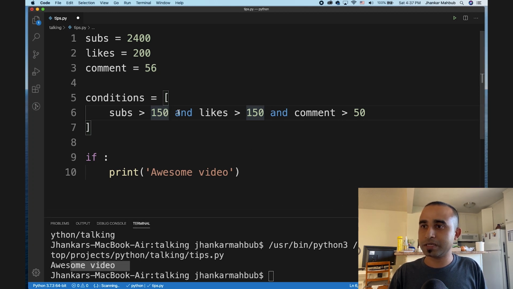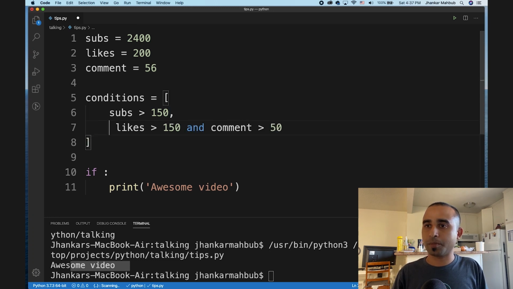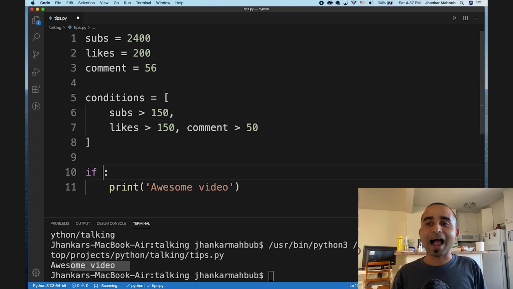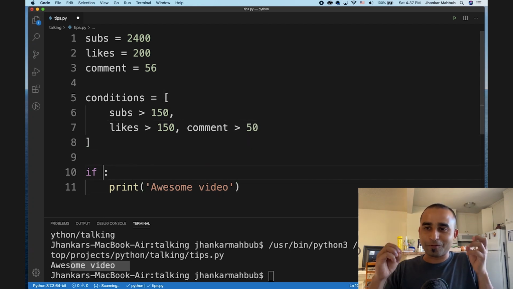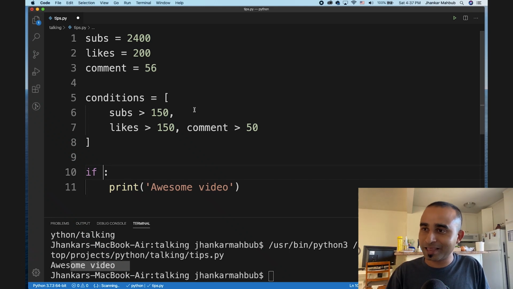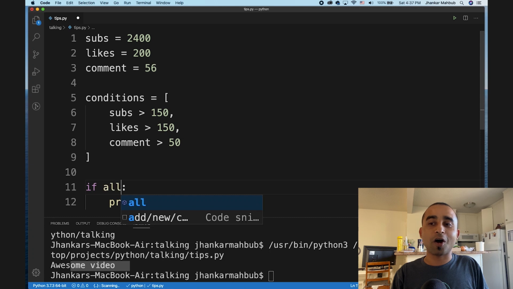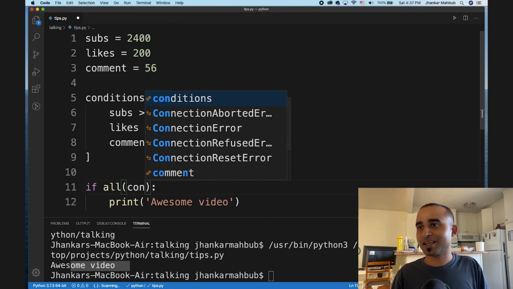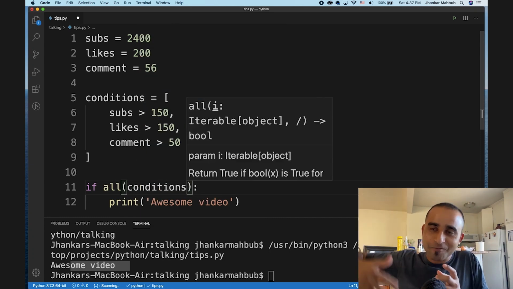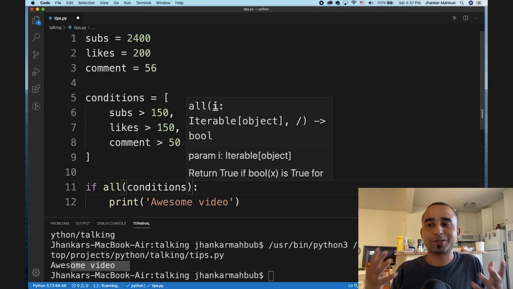So I will take this out, put a comma, and here is another comma. Now the clever point is, after the if, where I need to fulfill all these conditions, I only need to write all and then conditions. So you write all, and everything inside this condition has to be fulfilled.